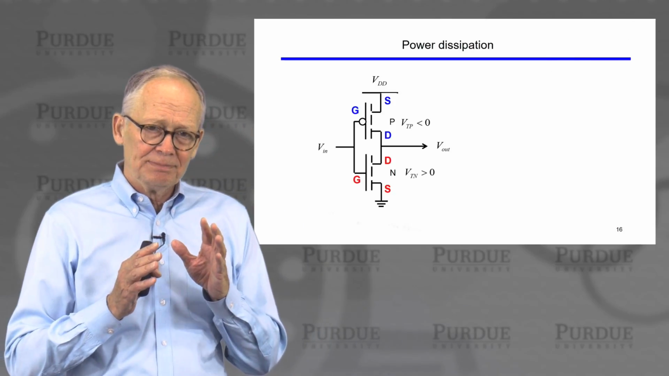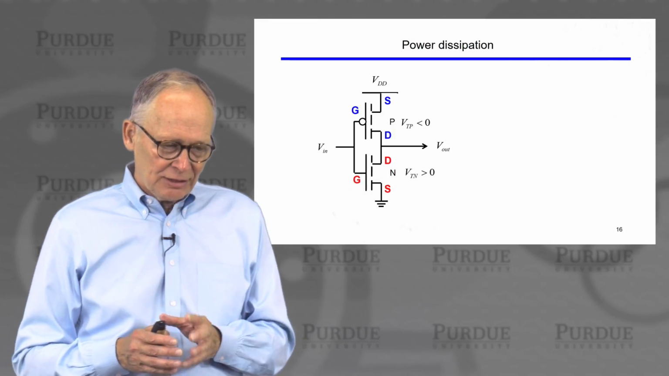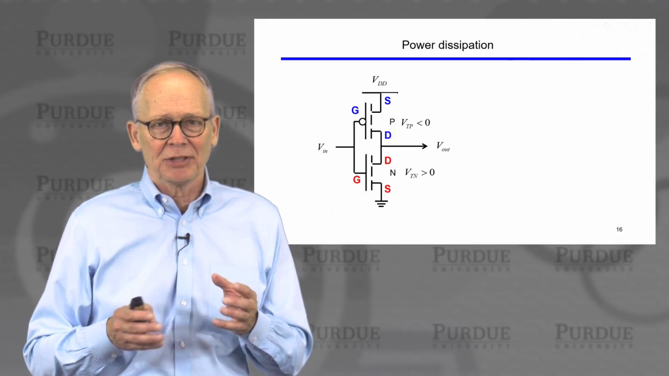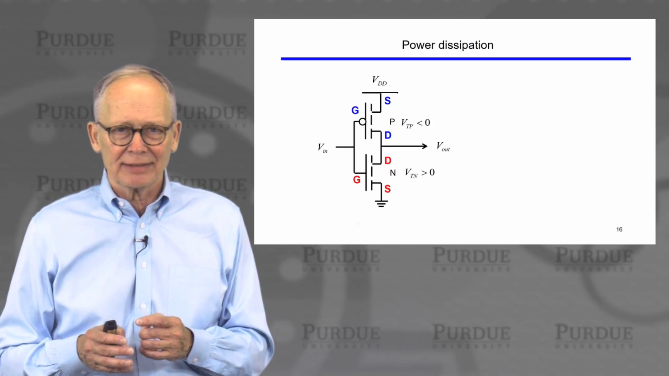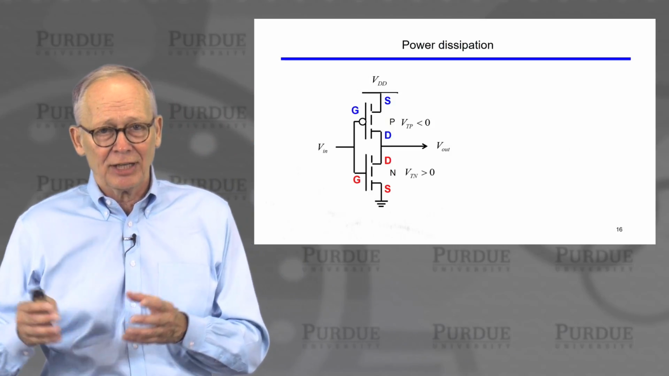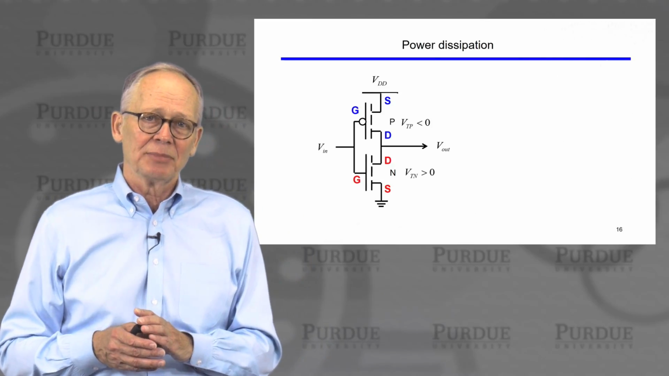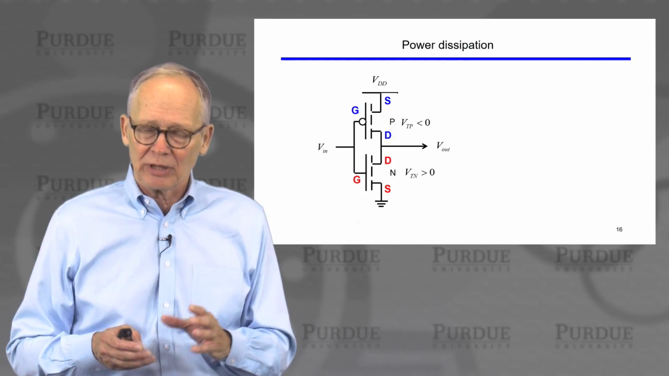Okay, we've understood speed. We also have to understand power dissipation because we'll usually have a power budget. We want the batteries in our portable electronic devices to last a long time. If we have a large server farm, we don't want it to consume too much power. So we have to be concerned about the power that's being consumed while we're operating this